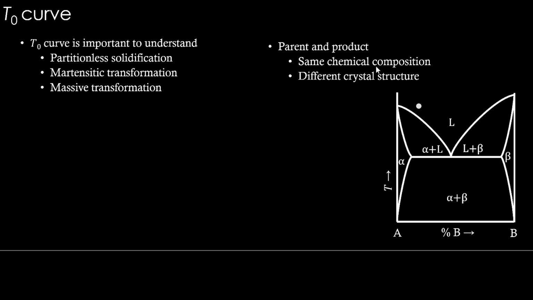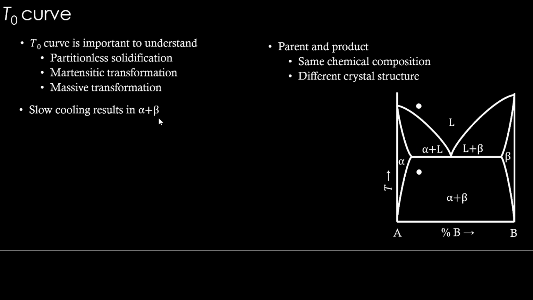When you mix more than one element together, can one phase transform to another phase without changing the composition? We'll see that. Okay. So think about this composition here and at this temperature, and we take it to another temperature here in two different ways. One is by very slow cooling. If you do very slow cooling, it is expected that the phase diagram will be more or less followed, and we will have alpha plus beta phases at the end, according to the equilibrium phase diagram. Now slow cooling results in alpha plus beta.